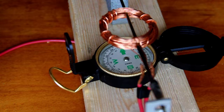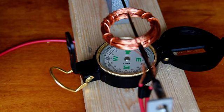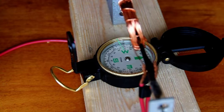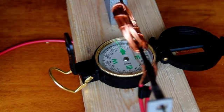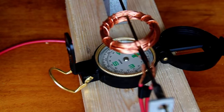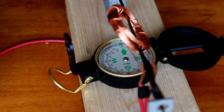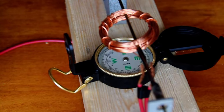Power off, power on, power off, power on, power off, power on, power off, power on, power off,